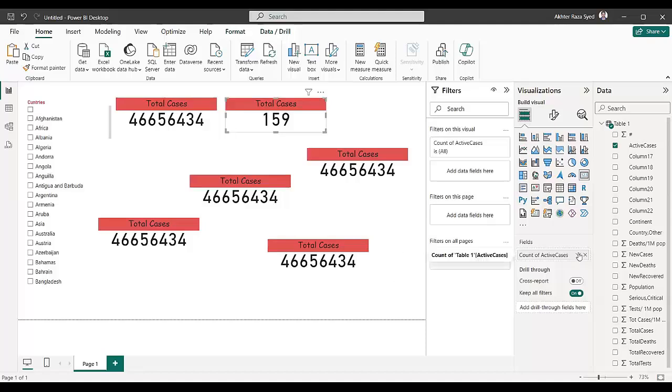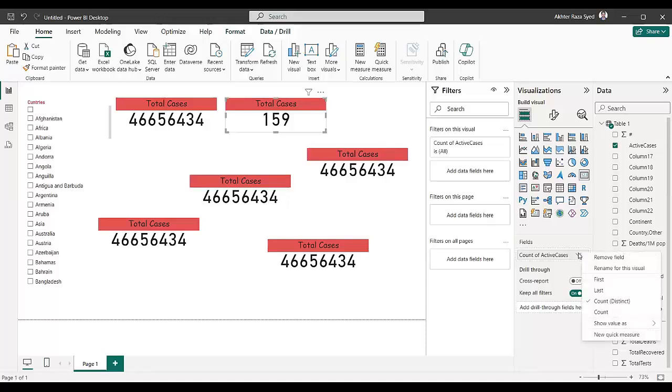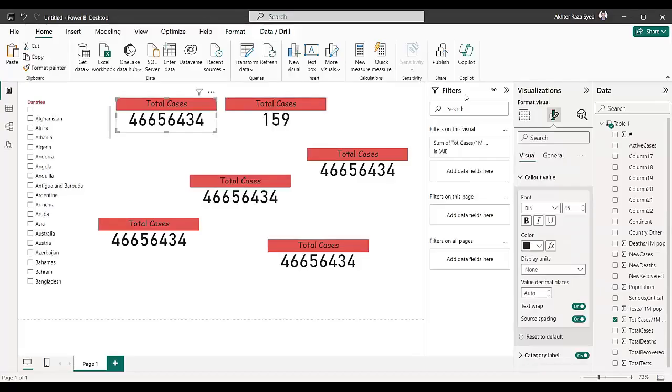So we have to change a few of the properties. What properties do you want to change? Actually, this is a numeric field, but it's stored in a pattern of text. So we have to edit the data types. We have to modify the data type. How can we modify the data type? I will describe it in a moment, but before modifying the data types of the total cases, click on